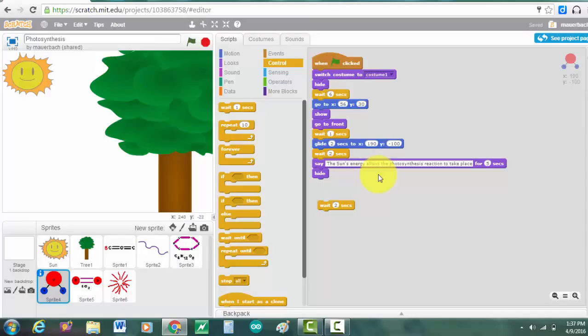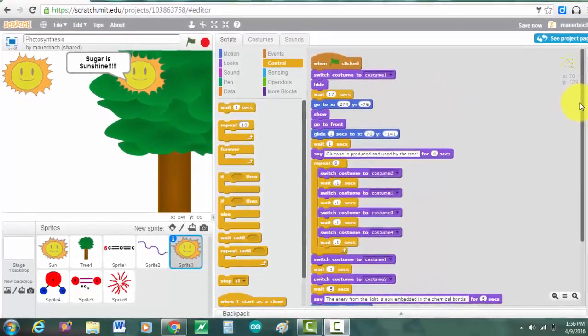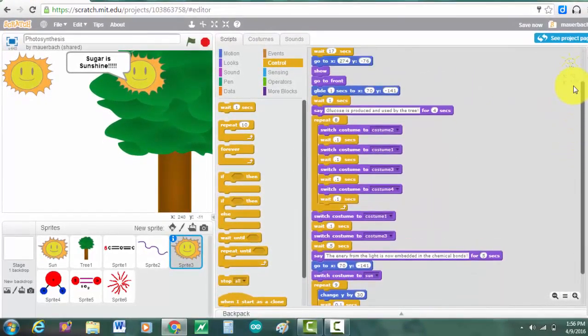I have them move, and when they get there, each of them has a little thing that they say, and that's still in looks, and they say a few words about what's happening for a few seconds, and then they hide. So here we are with the sugar now, and that looks very complicated, but really, if we take it